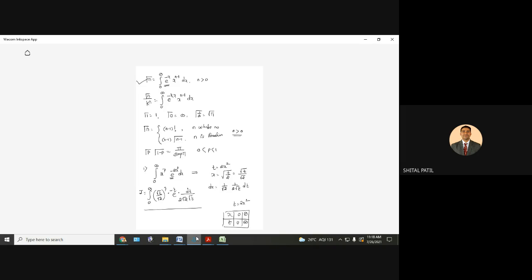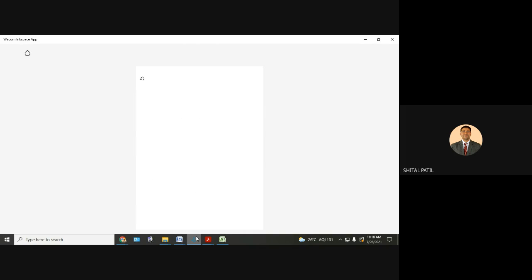Another type of example is like this. Let me change the page. Evaluate the integration from 0 to 1. Now it is not 0 to infinity, it is 0 to 1, of x log x raised to some value alpha dx. It may be asked. A simple example. Log x is to be removed, and instead of log x we want t. So what will be the substitution? Log x equal to minus t.